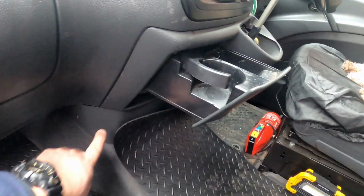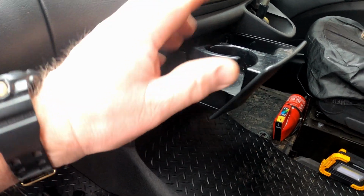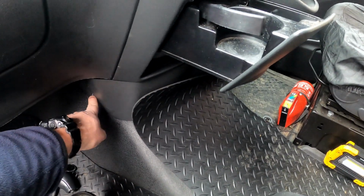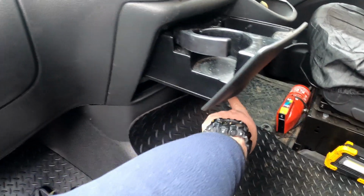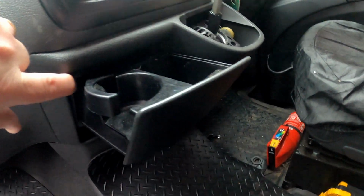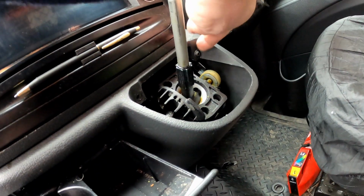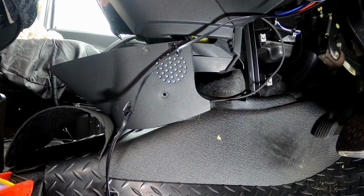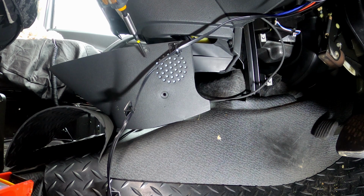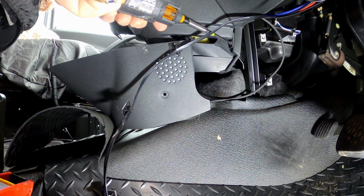So first of all, we're going to remove this cowling area and this area that will expose the whole of the workings. So there's a screw here, and there's one on the opposite side. And there's a screw in here, and there should be a screw there, but there isn't, and there's a screw there. Okay, so there was actually 2 screws in here, one at the top and one at the bottom, and then we've got to take out this screw and the corresponding one on the other side as well,